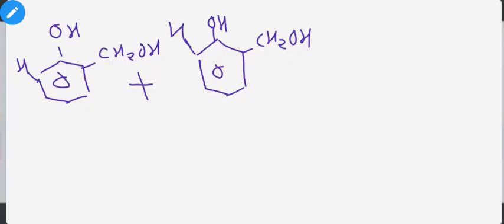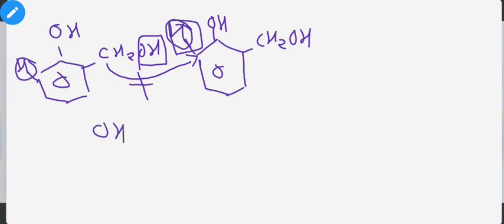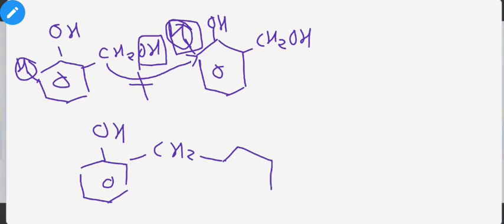So here we have our reactants. It contains hydrogen here and here, all the other carbons will have hydrogens, but no need to mention it for our reaction. So the first molecule will release the OH group from here, and the second molecule will release hydrogen from here, and then this carbon will combine with the ring carbon of the second molecule, and you will get this type of product. Okay, it will be in dimer form, and they are connected with a CH2 linkage.